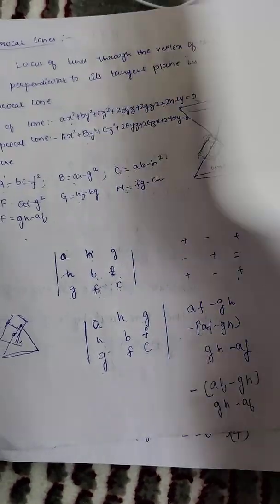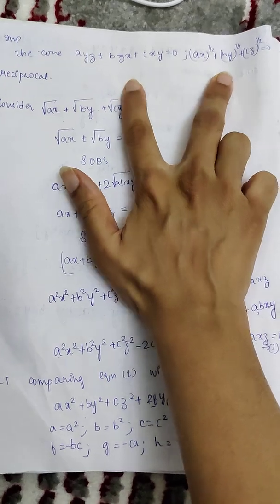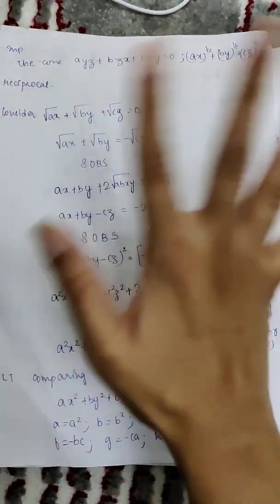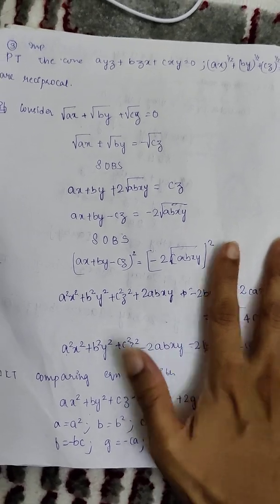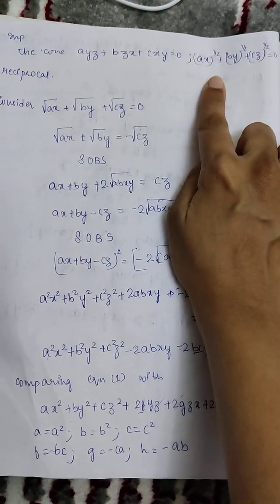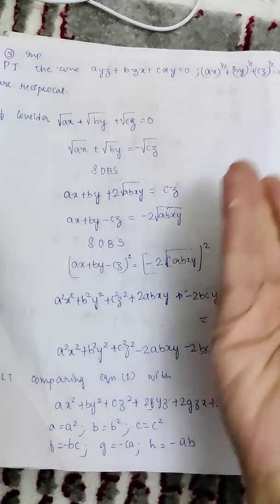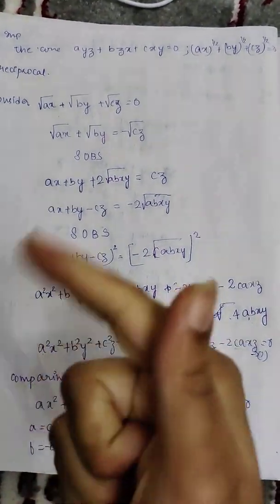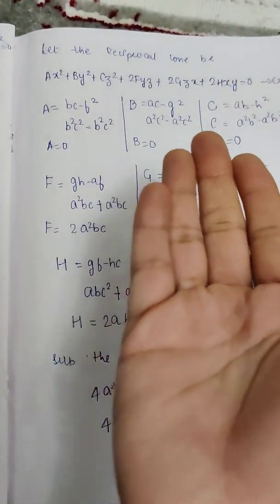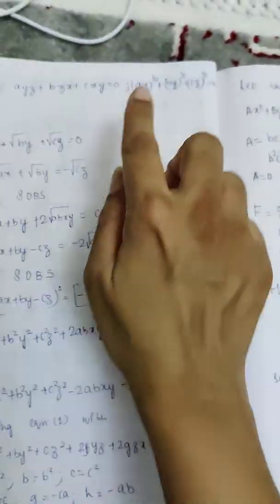But when I look at this particular question, it is not in the general form of an equation of the cone. So what I'm going to do is take any of the equations. I'm taking this equation. Step 1 is converting it into the general equation of the cone, and then I will pick up the values of small abc, and then easily I can move on to the reciprocal cone. So first I'm going to take this equation,